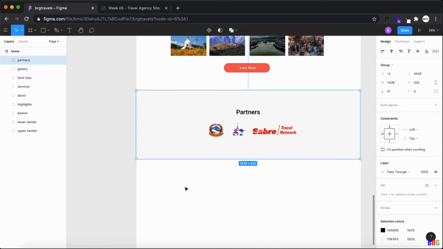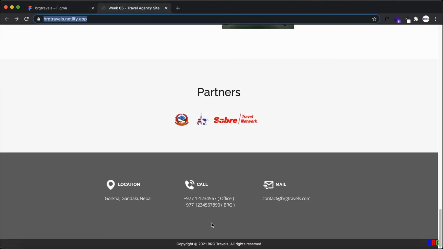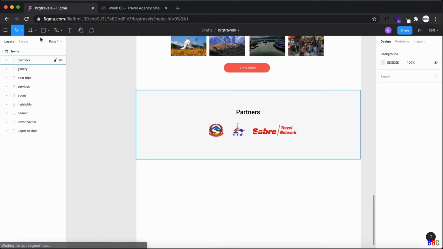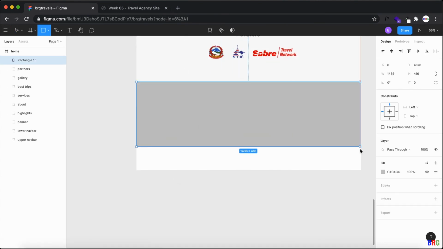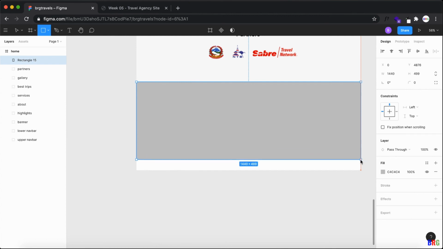The last part is your location and footer. For that, let me use another rectangle, and that should also work.